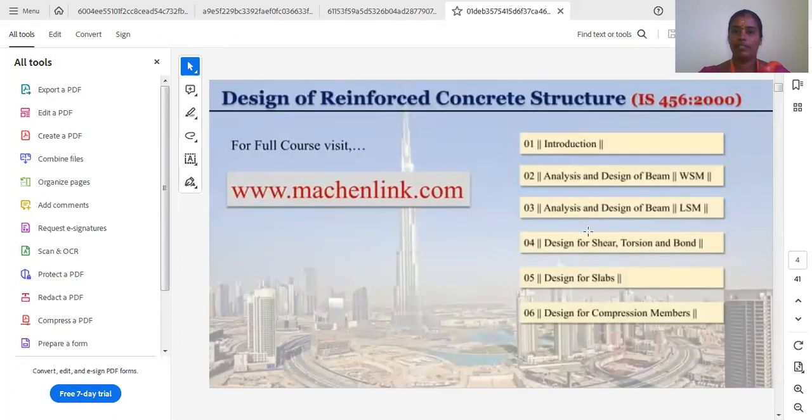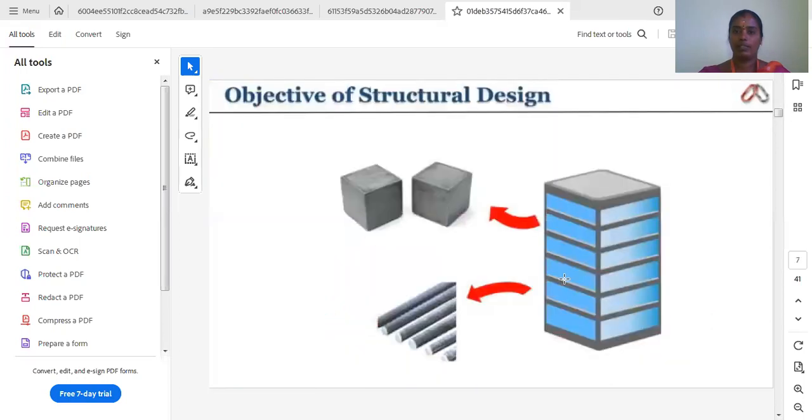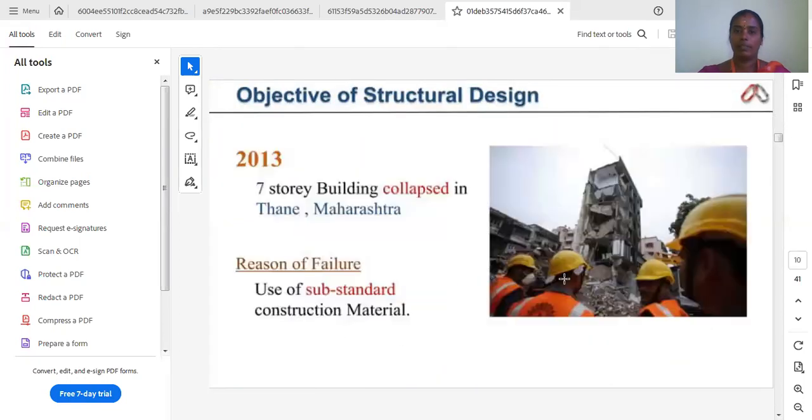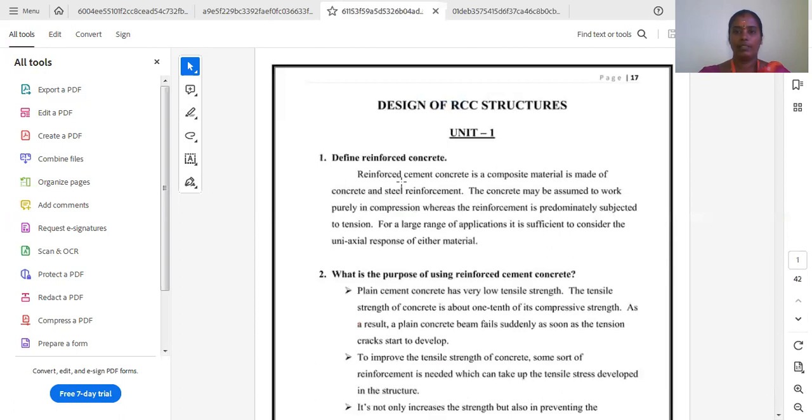Here you can see the introduction, then the analysis and design of beam. The analysis can be done by three methods. Okay. What are they? In this you can see